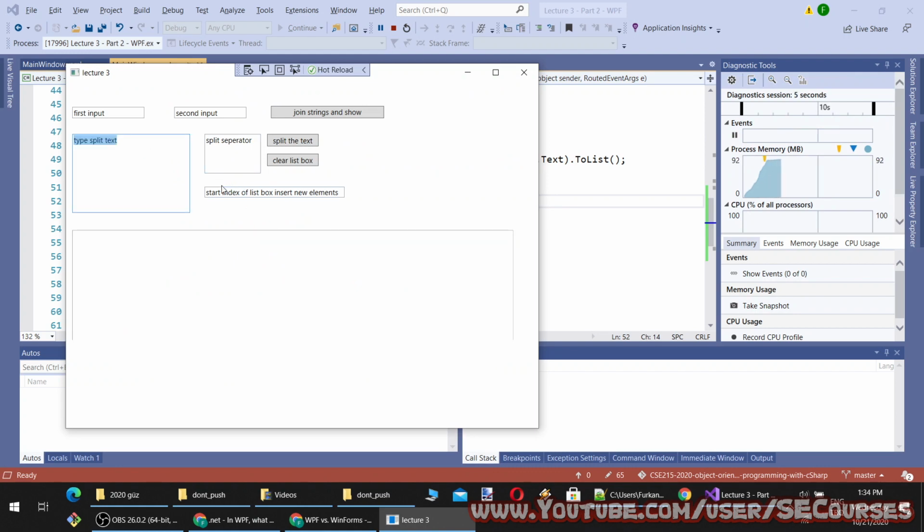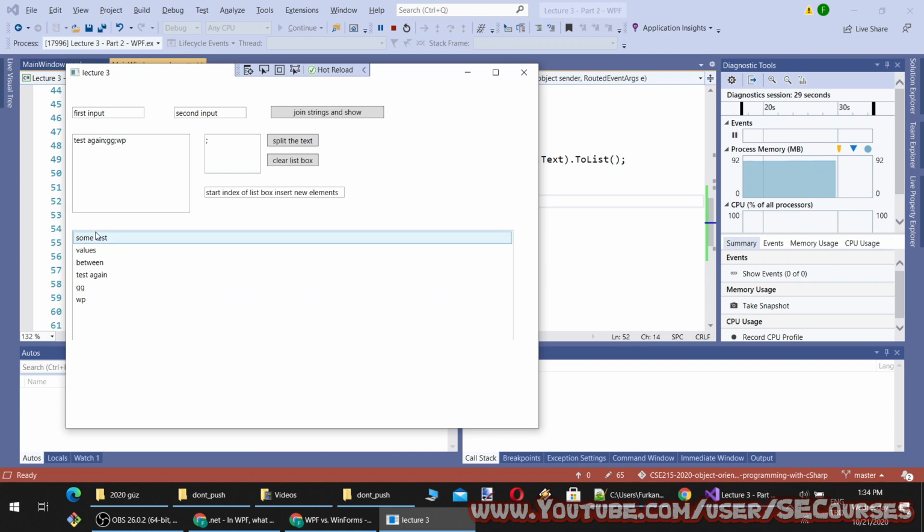All right, let's try something text. Okay, this separator is semicolon, split text. Okay, and split text.